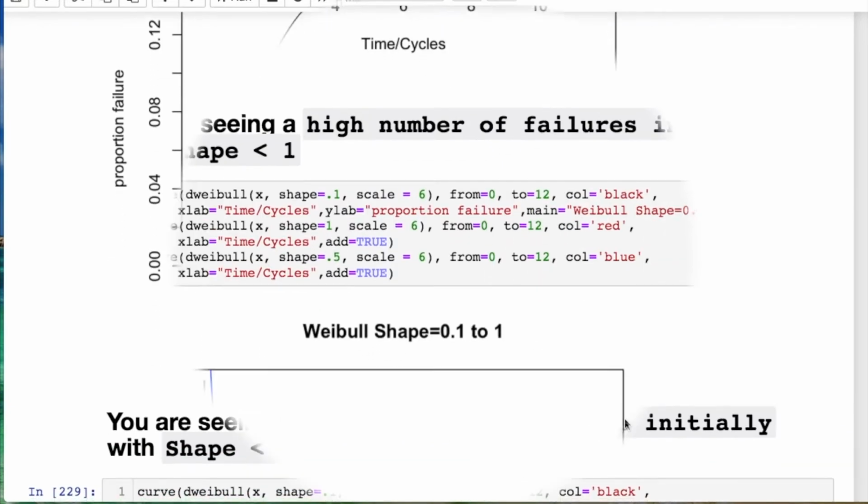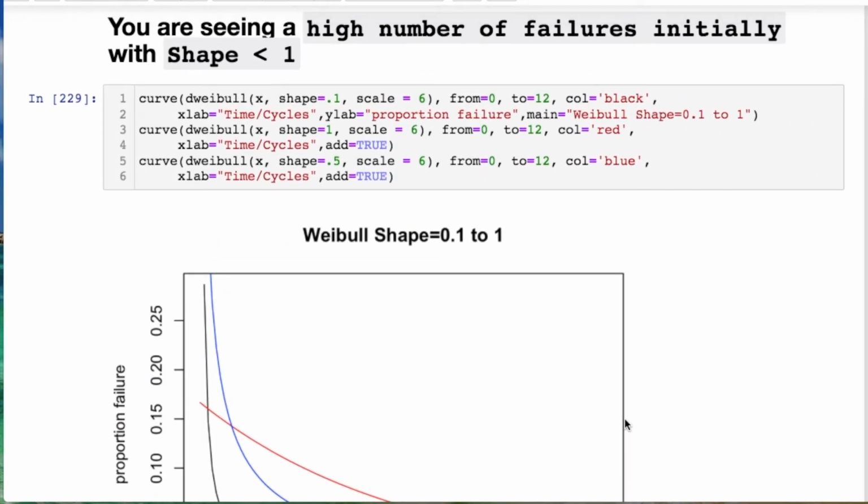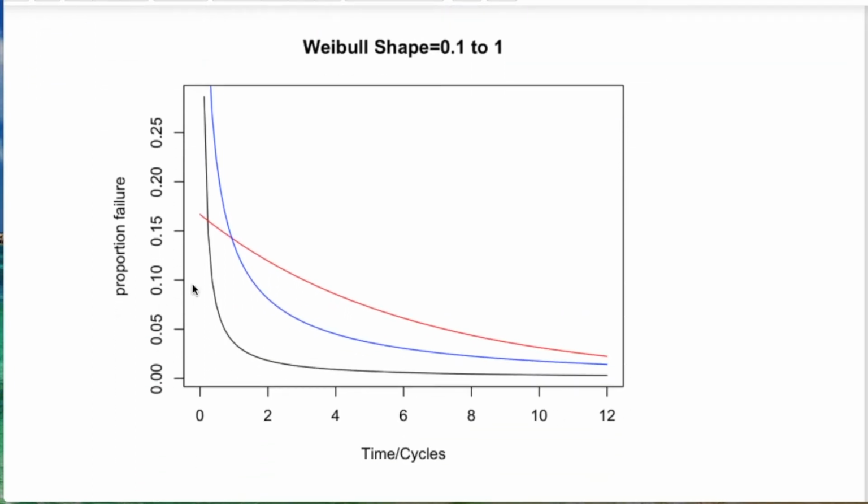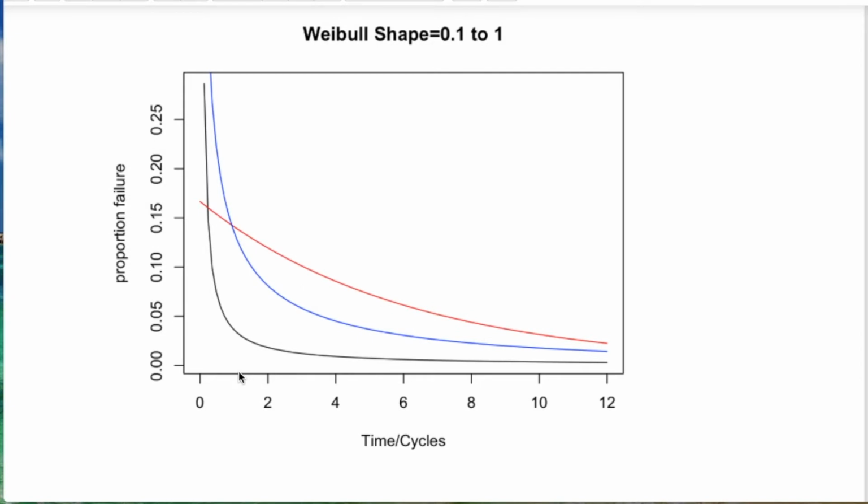All right. Now, what if this shape is less than 1? Between 0 and 1, what happens? Well, you have the smallest number here, which would be 0.1. You have this extremely high drop off, and it looks like you're dealing with an exponential function. Then you increase this to 0.5, and it's not as steep, but you still have this drop off. Then you get to 1, and it's looking moderately sloped. All right, that's something to denote. And this would suggest that you have a high rate of failures in the beginning.